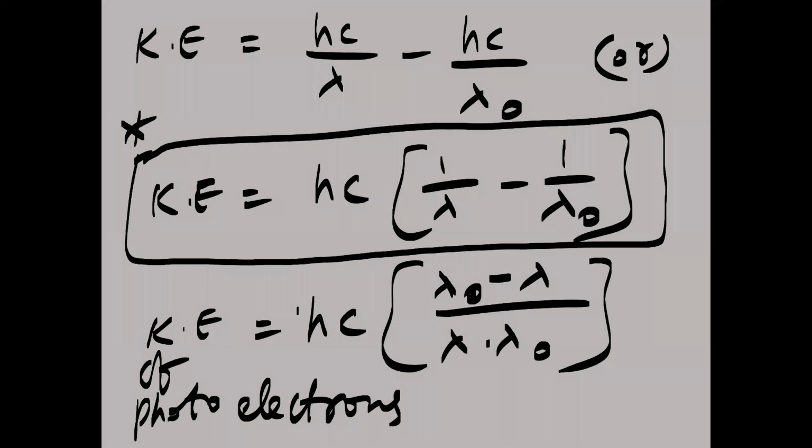Is that clear? So it is the calculation of kinetic energy of photoelectrons. What is lambda here? Wavelength of incident radiation. What is lambda naught? The threshold wavelength. What is c here? Velocity of light. h is Planck's constant. And what is the formula for kinetic energy here? Half mv square is equal to hc of 1 by lambda minus 1 by lambda naught. So this way we have understood the concept.